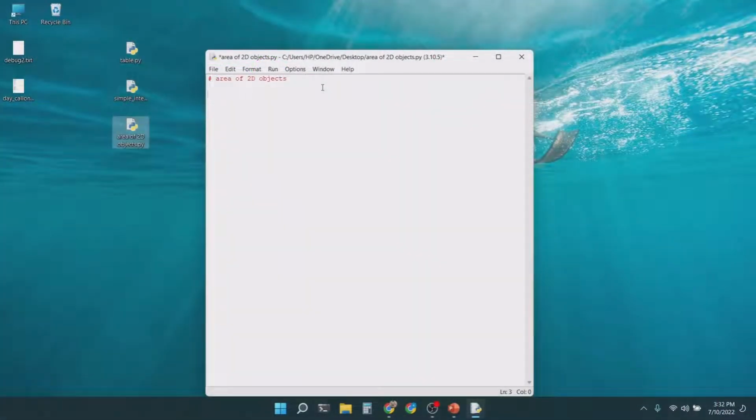I have created this area 2D objects file. I'm skipping this complex interest formula for a while. You can search on Google and find the formula and write it yourself. Write the heading and start with the if statement: W is equal to 1, and you just do something, right? R is equal to the radius,